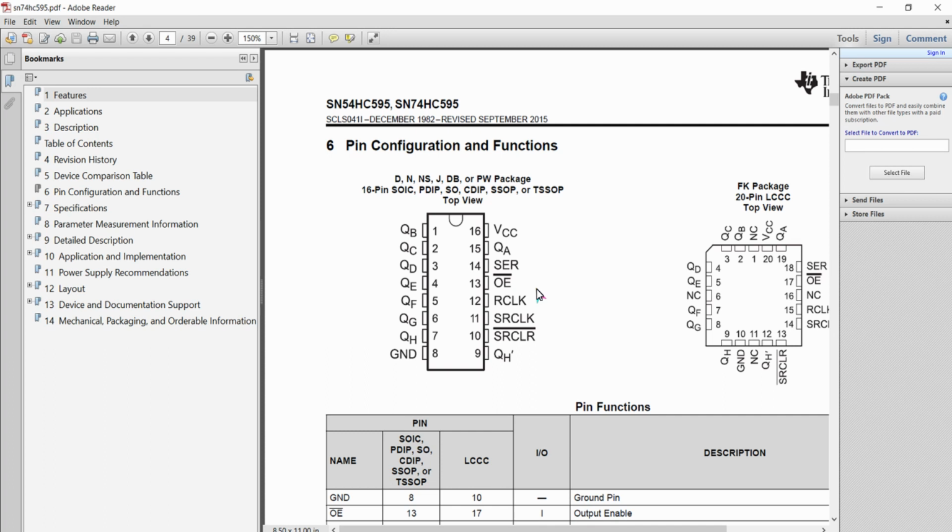And after the OE pin, you can see this R clock pin, which is the slave select or chip select pin for this IC. For passing the data to the serial port of this shift register IC, you just want to maintain this pin in low state. That we will see in the programming part.